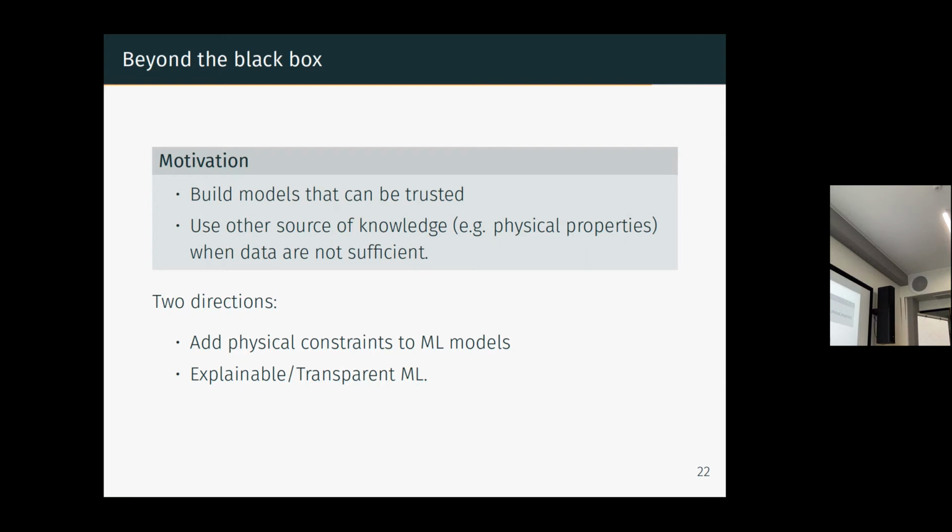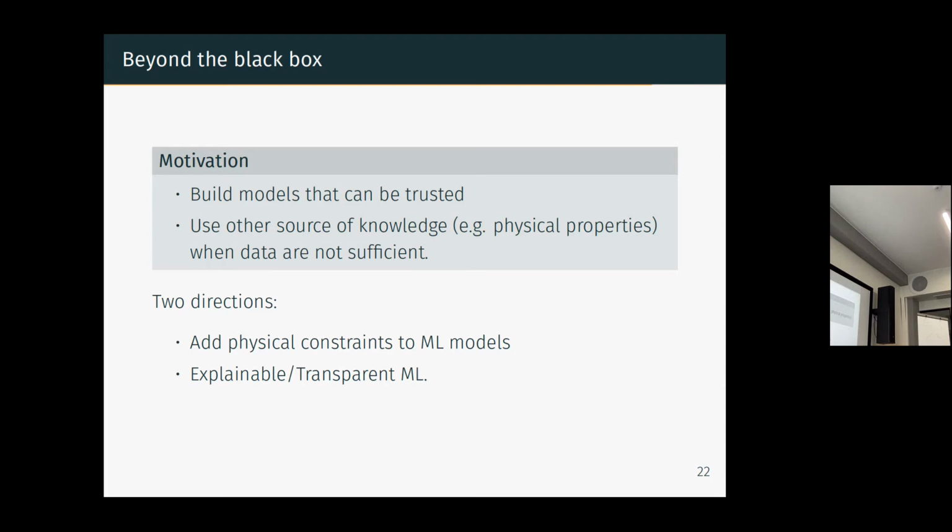So understanding how it works is a way to trust what you do. If you want to trust your braking system, it's good to understand that it will always brake if someone is crossing the street. So this is one first reason to understand.